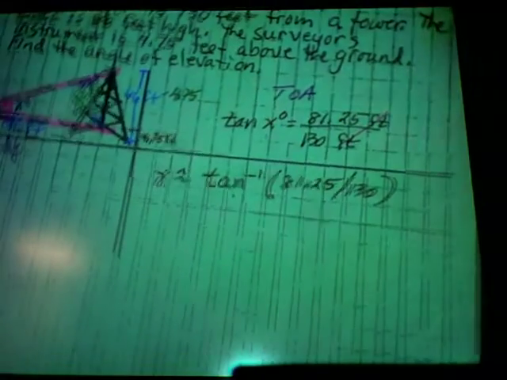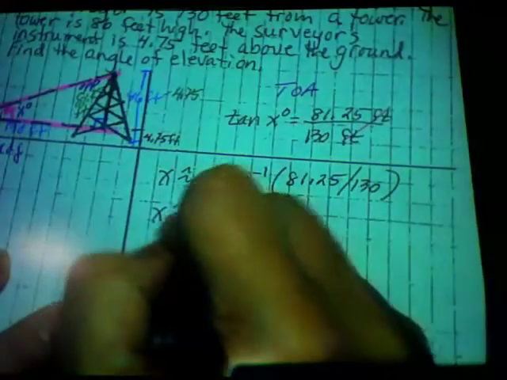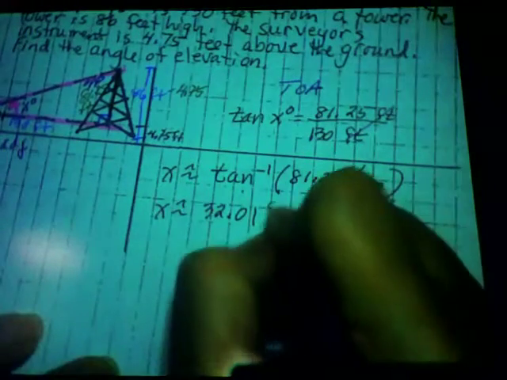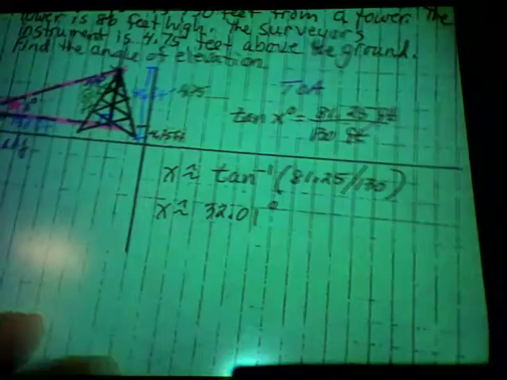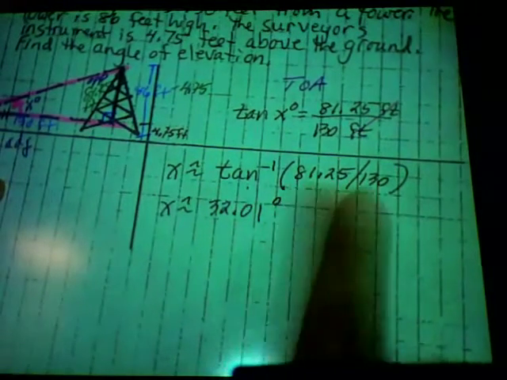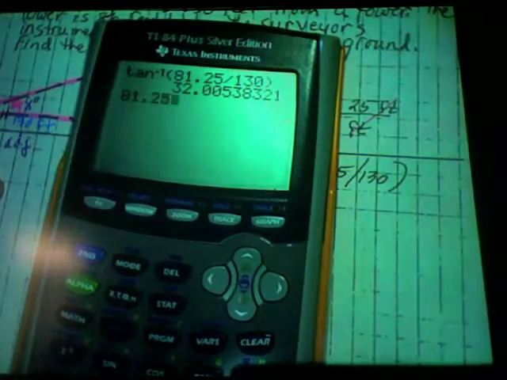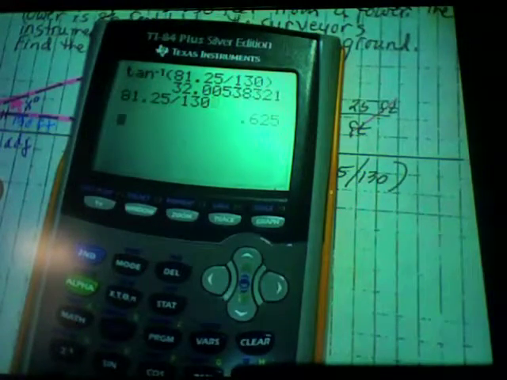So x is approximately 32.01, and this is in degrees. I'm going to put a degree marker. I'm going to prove this is correct because we're going to find this decimal equivalency and look it up on our table. I'm just going to prove to you it works. So 81.25 divided by 130 is